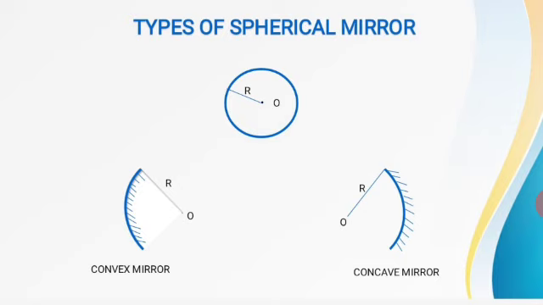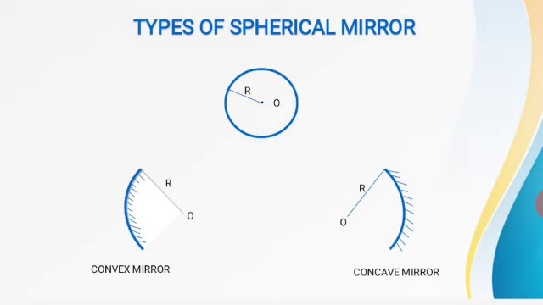You have to polish one side of it so that one side remains a reflecting surface. When the inner side is polished, what we get is a convex mirror. When the outer bulged part is polished, you get a concave mirror. So, you have the reflecting surfaces, either the outer bulged part or the inner curved part. We have two types of spherical mirrors, convex mirror and concave mirror.